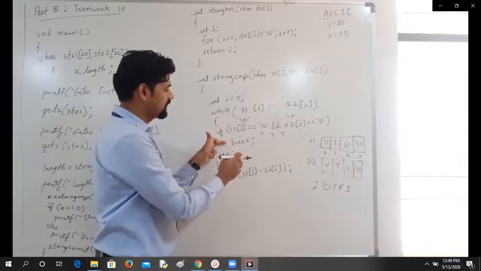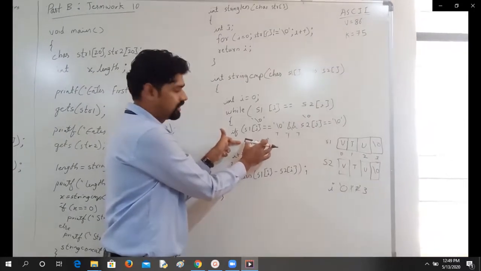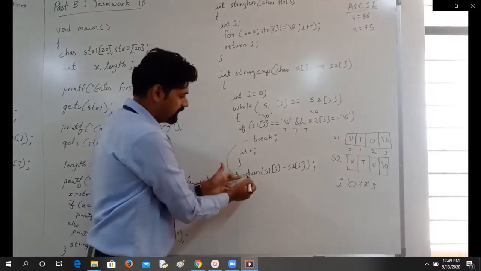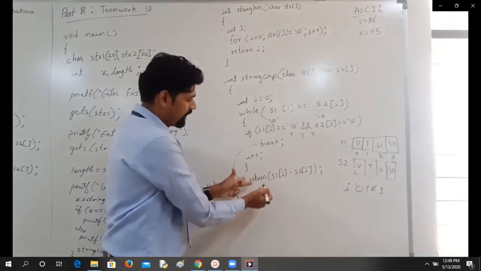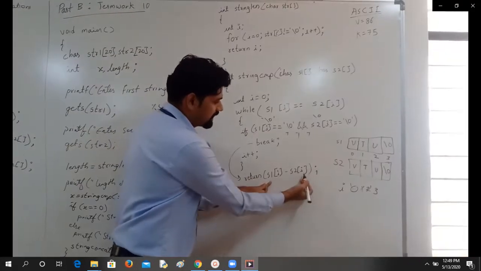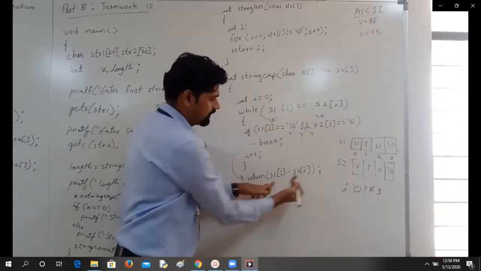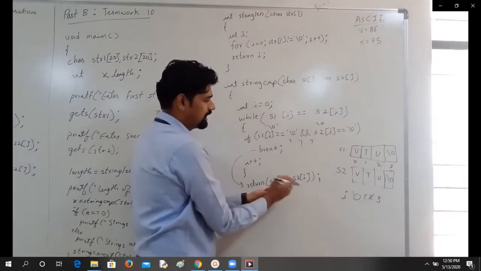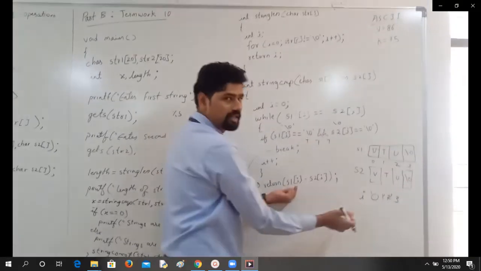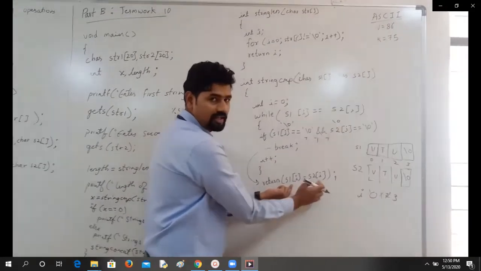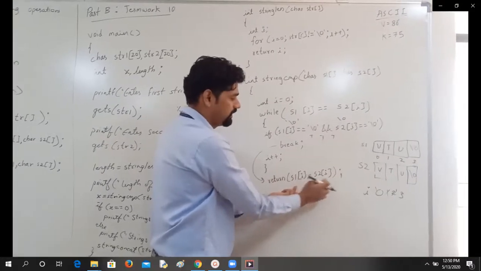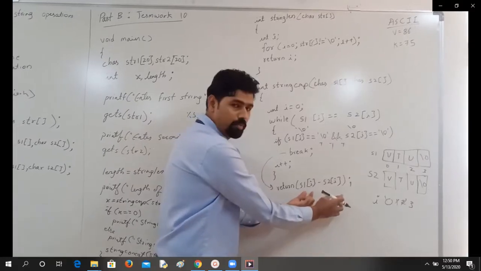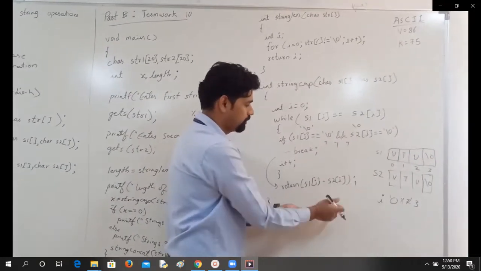So you know that break is unconditional branching statement. The moment it is encountered, the control is going to break the flow of this loop. So control is going to come out, and here I have a return statement. So what I am doing in return statement is I am subtracting both the strings, meaning that particular character. So here the third character of both the strings is nothing but null character. So I am finding the difference between null character and null character, meaning the ASCII difference between both. Now it is same. There is some ASCII value for null character, so both are same. So same thing minus same thing is going to be 0.